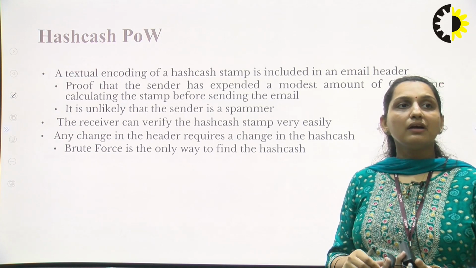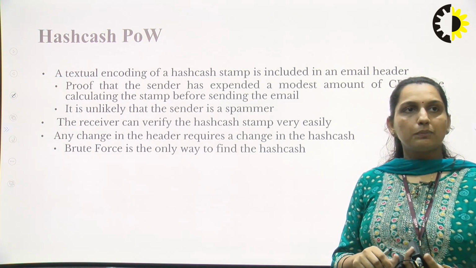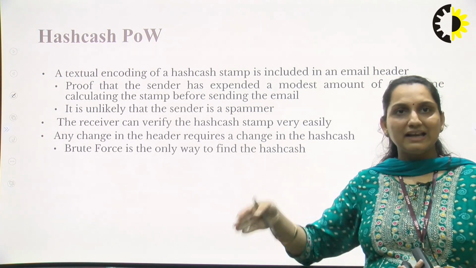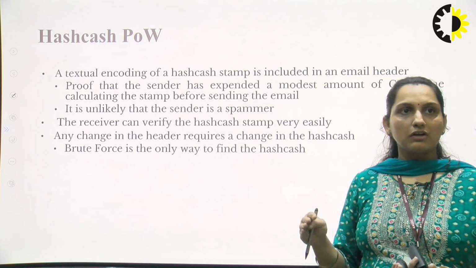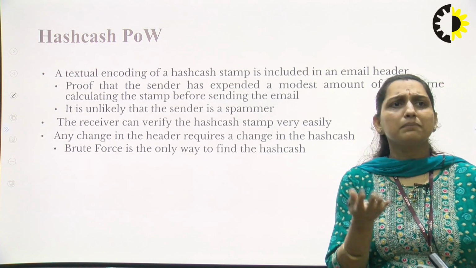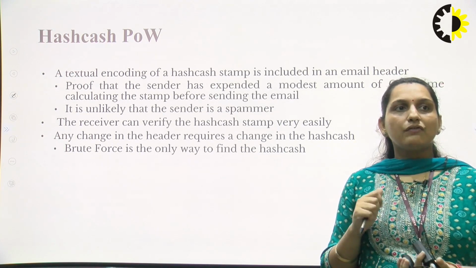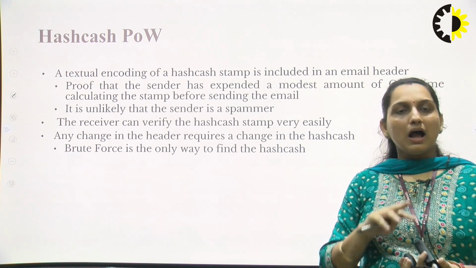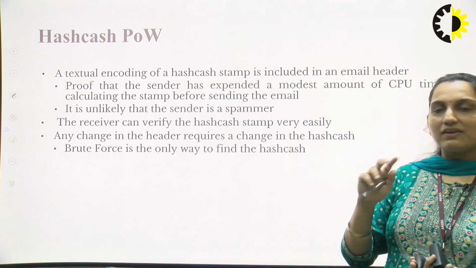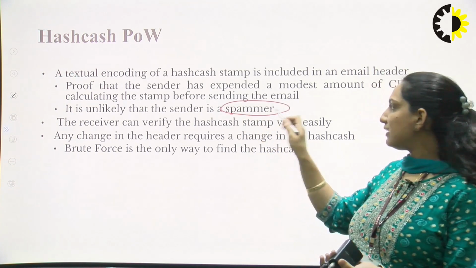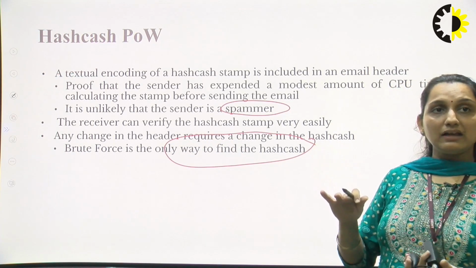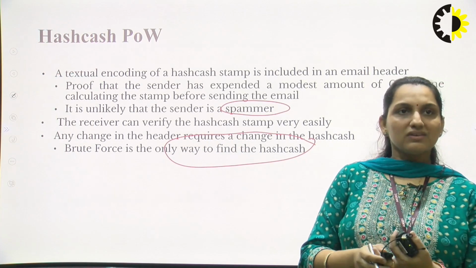So we have Hashcash POW, which is used for junk mail and validating mail, valid mail or junk mail. A spammer has to do some bigger work, and then the validator has to make a hash code to check whether it is authentic or not. So the spammer has a difficult work, and the authenticator, the receiver, has to do less work.